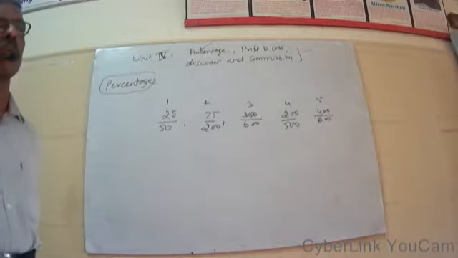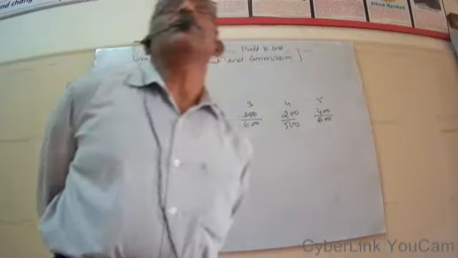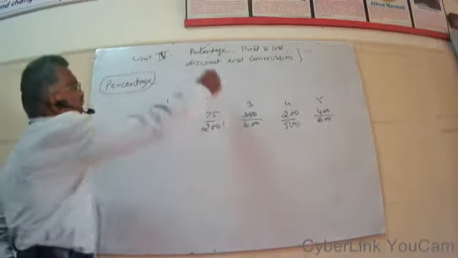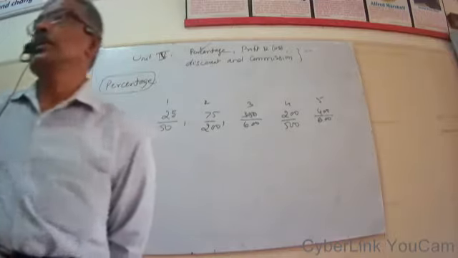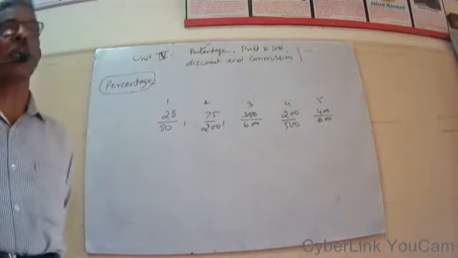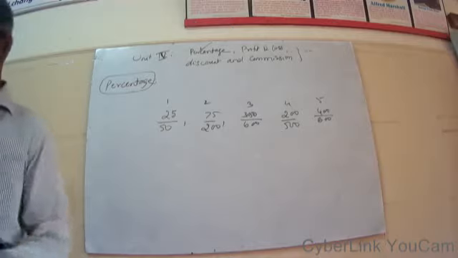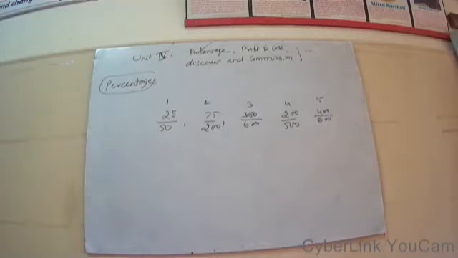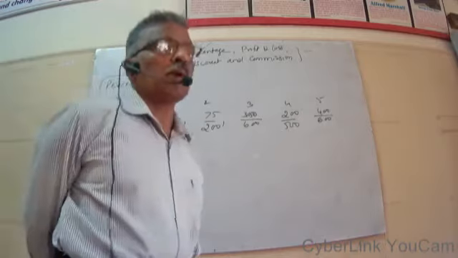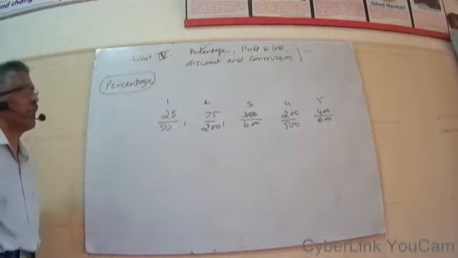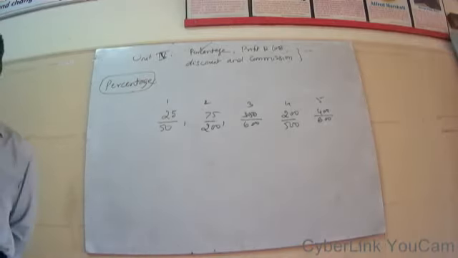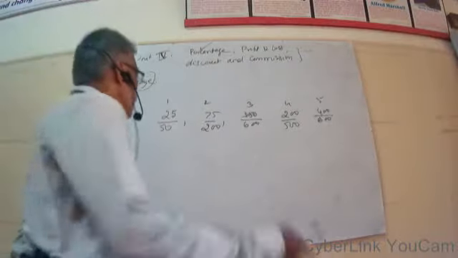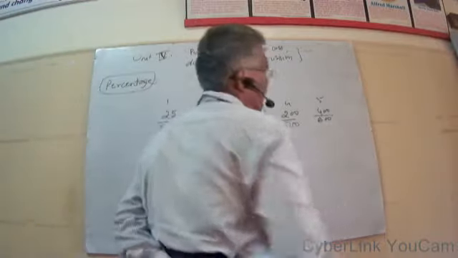How to do this? To do this, we use what is known as percentage. If so, what is meant by percentage? Percent means per 100. It means that divide the number by 100. That is the meaning. So it gives the whole part expressed in hundreds, so that we make it a common base.